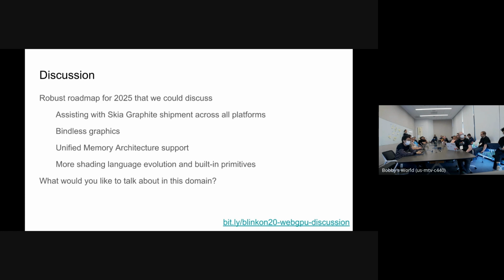Better support for unified memory architecture GPUs. Like every mobile GPU is UMA, and you want to eliminate copies on the way to the GPU. So there's a new API proposal for this. There's some really cool stuff we can do with this now, where you could actually memory map the GPU buffer all the way to the renderer process,